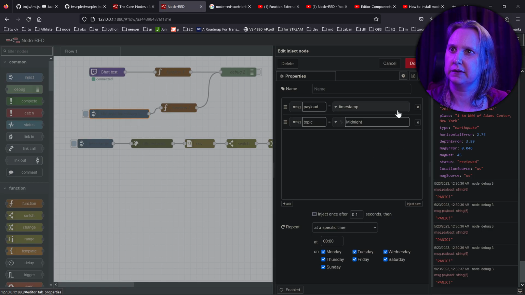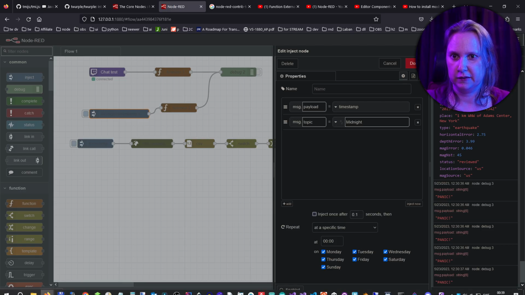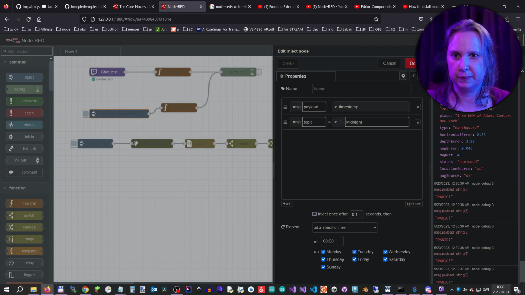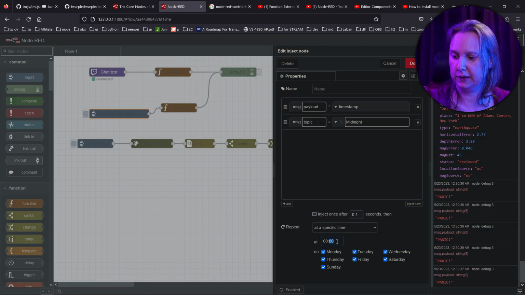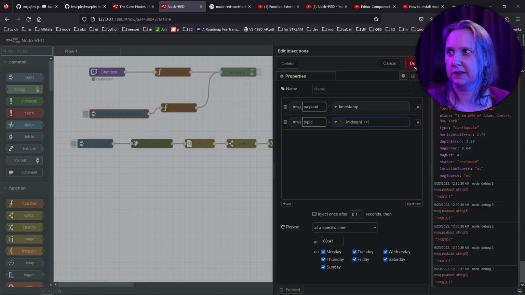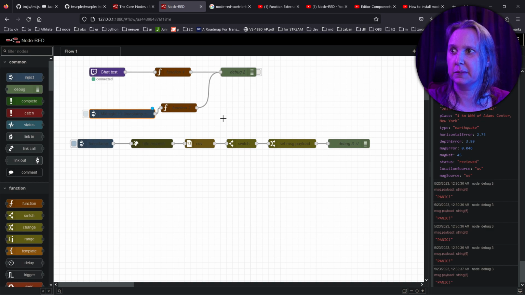Let's see. And this is where I set the time. So if I set this to 31, that's realistic, right? 2 minutes to actually do this. I set it to 41. It says midnight plus, right? And we send this message, and